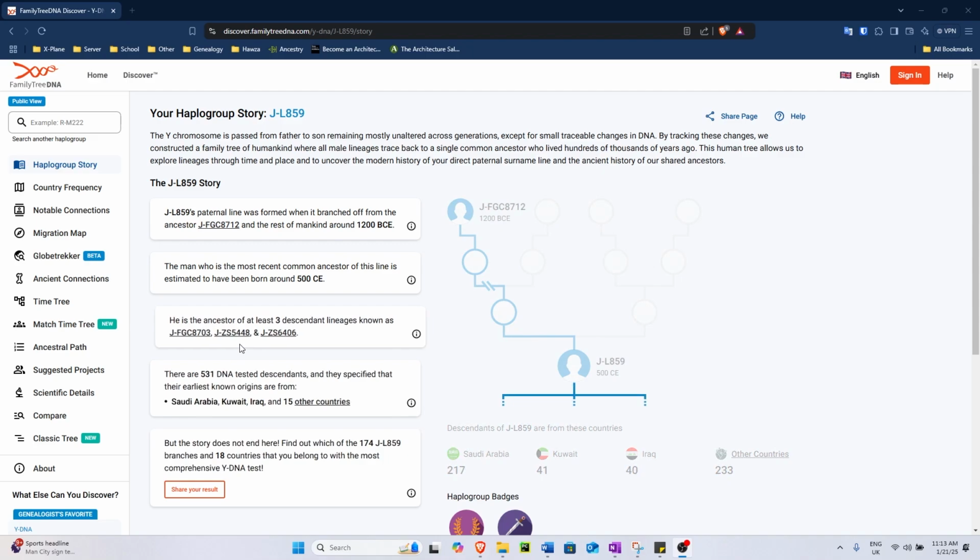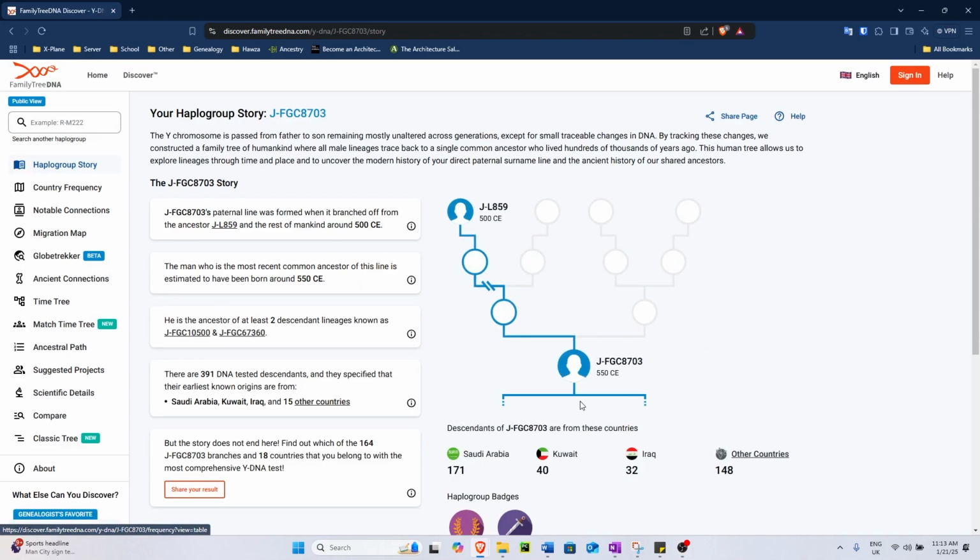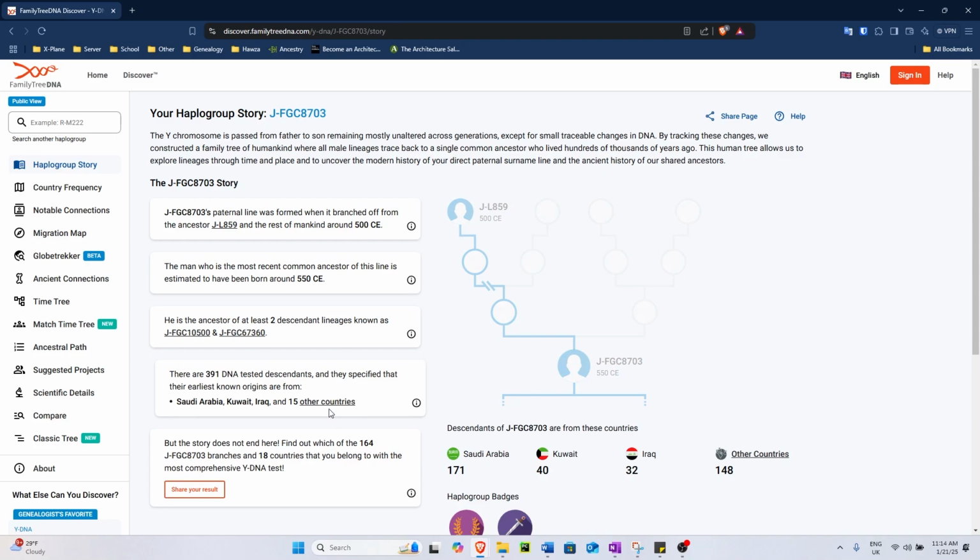Both the Abbasi and supposed Abu Lahabi or Harithi mutations, they're quite small in number and not many people belong to it. There's not much evidence overall. So we will skip those and go straight to the mutation belonging to Abu Talib alayhi salam. So as we can see, there is a TMRCA of 550 CE, which is exactly the time of Abu Talib alayhi salam. And we see that there are still only two descendant lineages. The lineage of Aqil alayhi salam has not been identified yet.